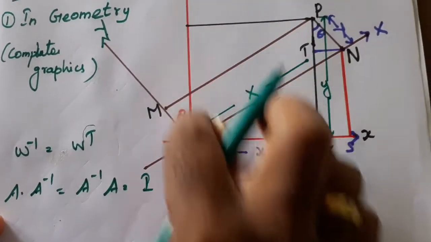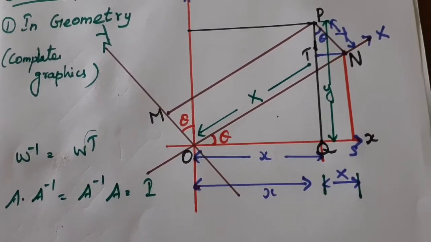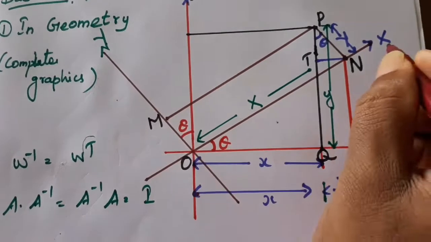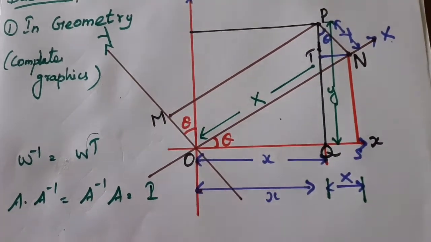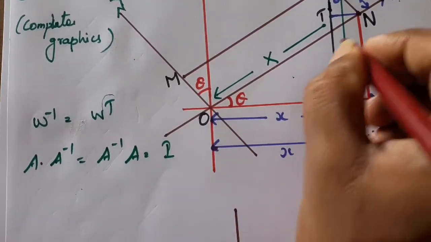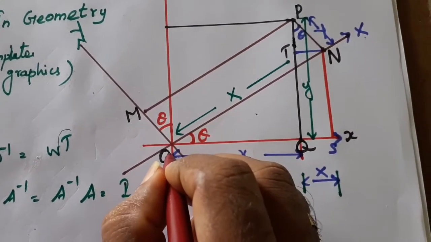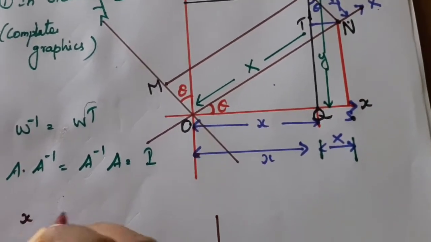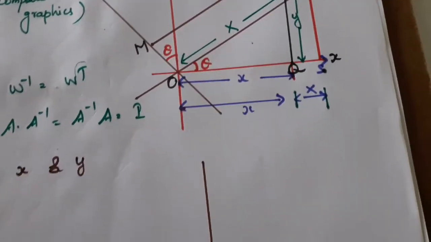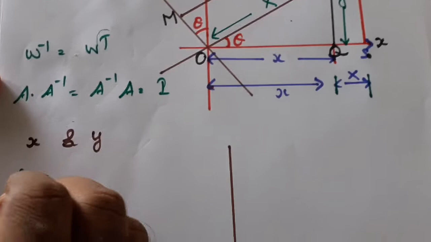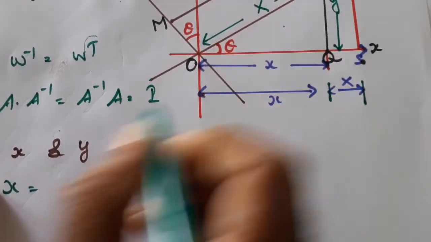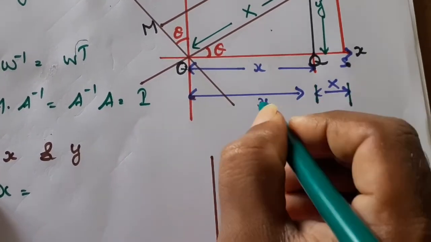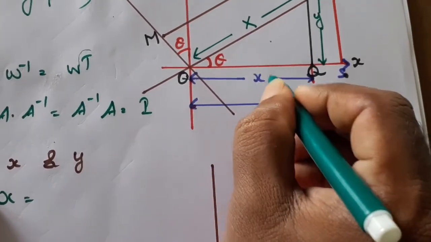Now we are proving it with one diagram. Listen carefully. We have one fixed point, small x and small y, and another coordinate point, capital X and capital Y. First we take the triangle ONS. First we need to find small x and small y, one by one. First, what is the meaning of small x? It is the distance O to Q, and we need to find small x separately.